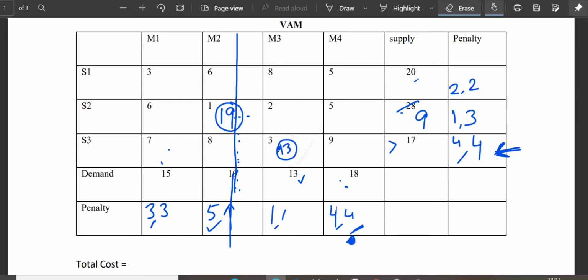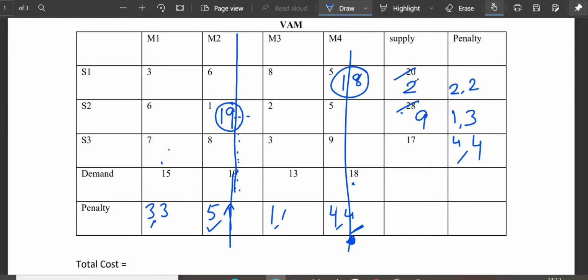So now I will rub all this. I have seen that whichever is giving me the largest number in the circle, I will select that. So my entry will be 18 here. Whenever there is a case of tie, you just consider all the cases and see which is giving us the larger number in the circle. Whichever is giving us the largest number in the circle, we will consider that. So now we have taken this 18 from here. So just cross this and take the difference here. 20 minus 18 is 2. Since I cut it vertically, vertical changes will come.